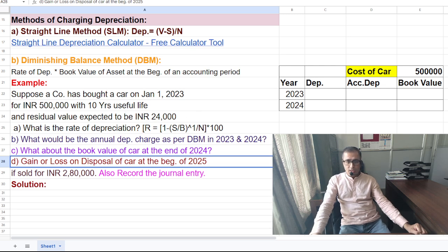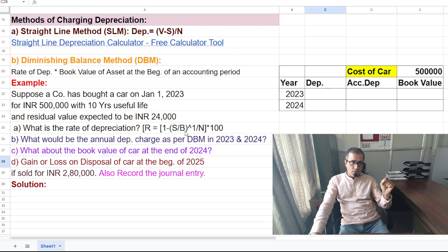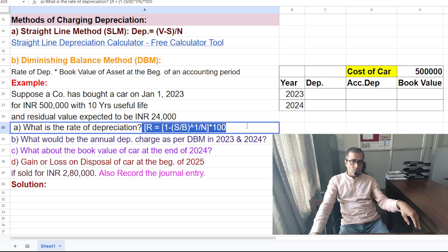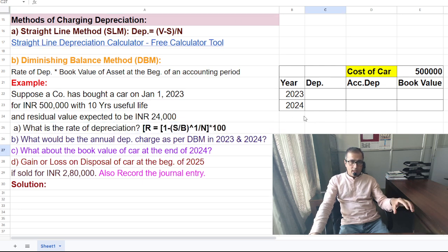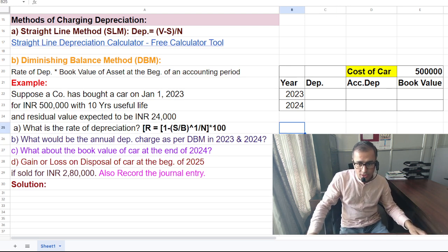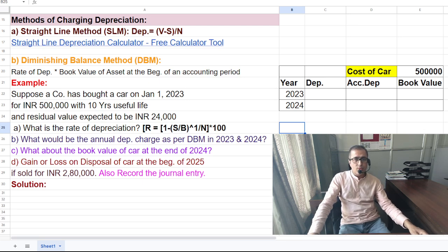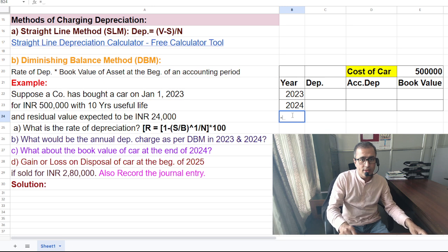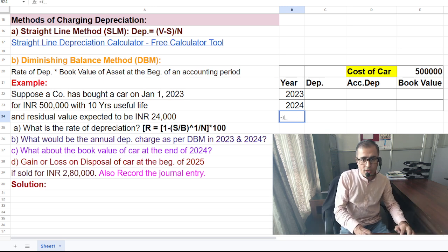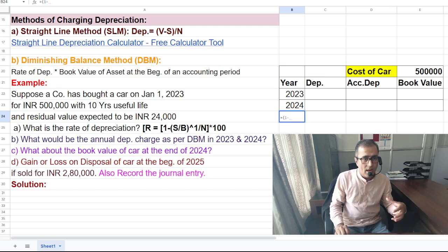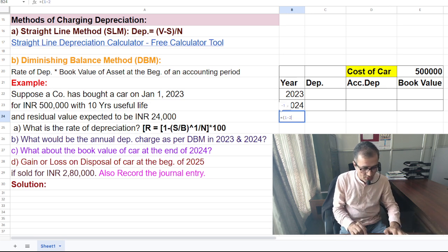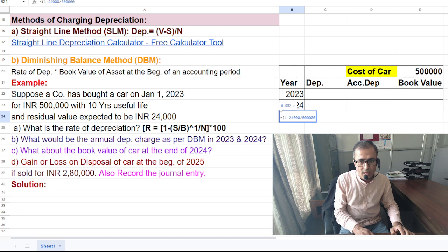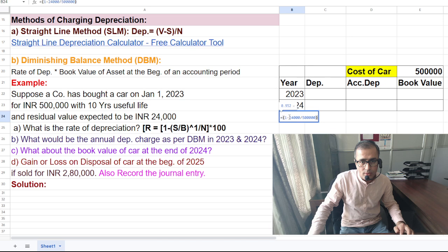Now let's move to the discussion of its concept. First of all, here we don't have the rate, so you need to follow this equation. Now, the rate of depreciation you will find by using this equation. Our rate of depreciation would be, as I mentioned here, you can use the bracket, 1 minus our salvage value. If we don't have the salvage value, you cannot use this equation, friend. That is 24,000 divided by the value of the car, 5 lakh, and the whole to the power